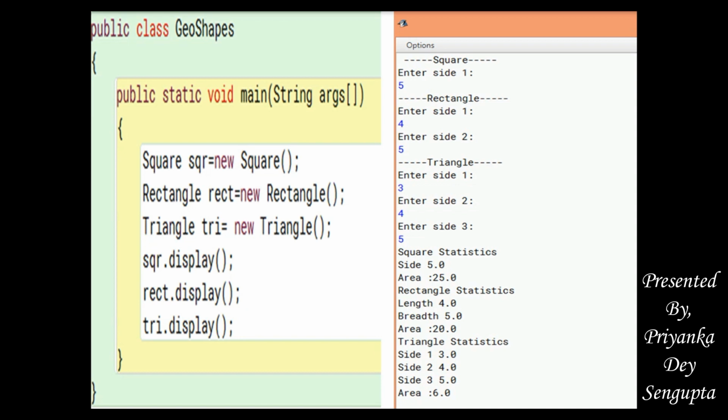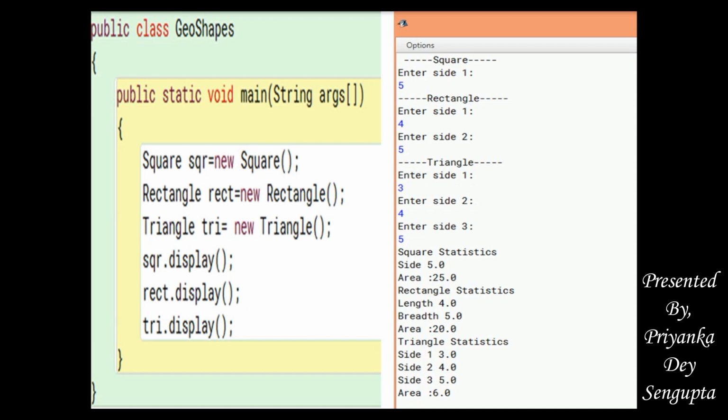When we create the object, we will see that it is calling the subclass constructor Square. The first line of the subclass constructor is super. In case of square it is super(1), because though the square has 4 sides, it will give a single value because all the 4 sides will have the same value. Next, it will call the method readSides and input the value of the side. See the output box, it's written enter side 1 and it will enter the value as 5 suppose.